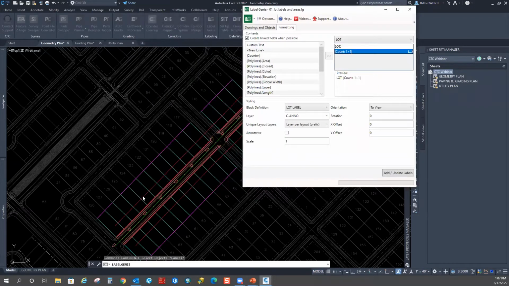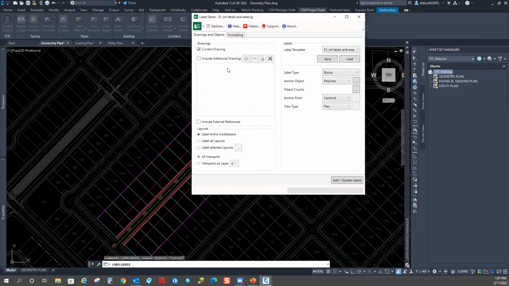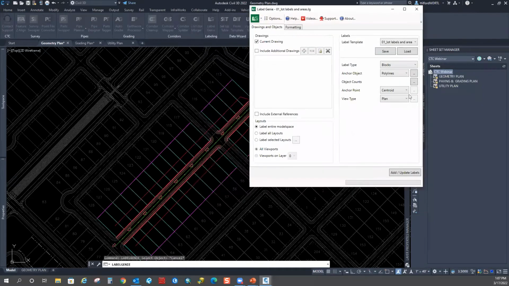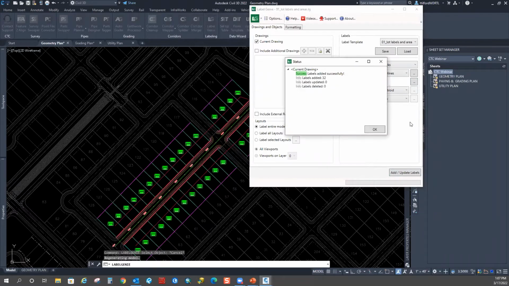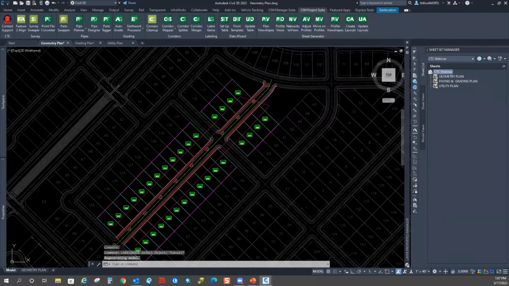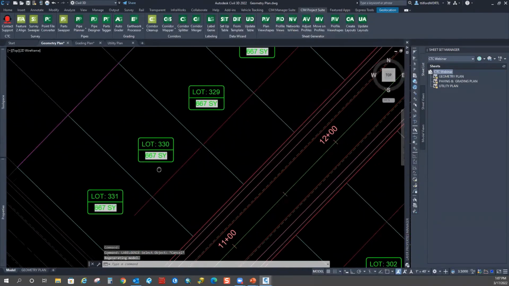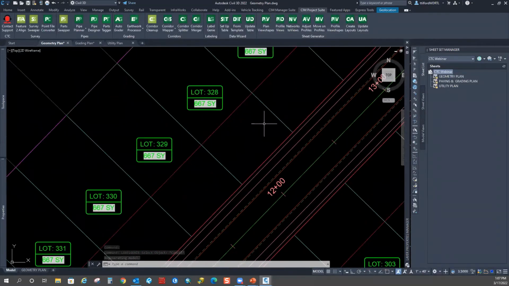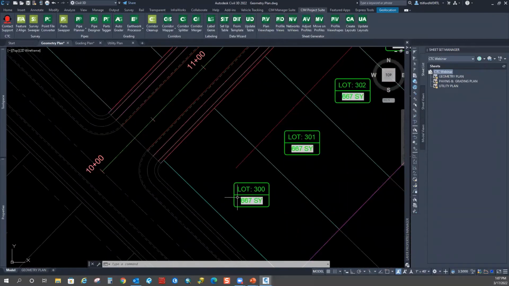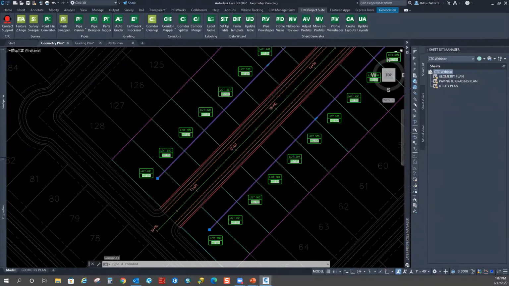And what I mean is I have this no plot layer going around here right now. So once I have that all set up, I can come over here and just basically look to see how many objects it's going to grab. And then I'm going to go ahead and hit add labels. Okay. And just like that, what it's done is it started to label 331, 330, starting at 300 over there. And it's following this plot, no plot